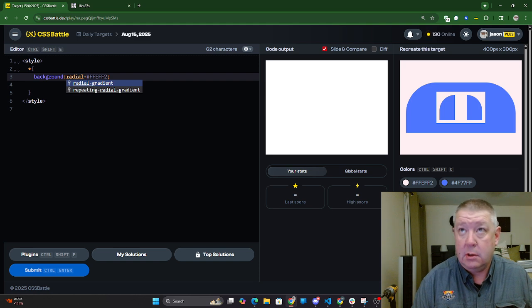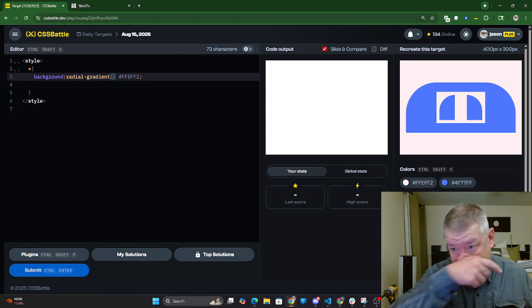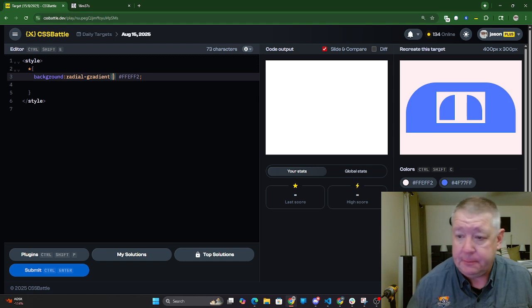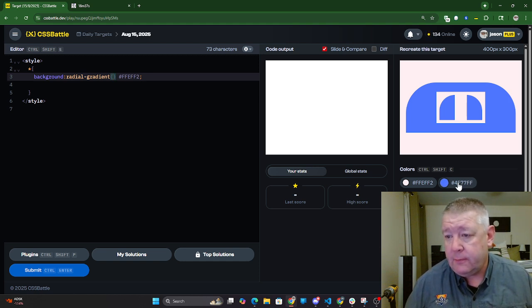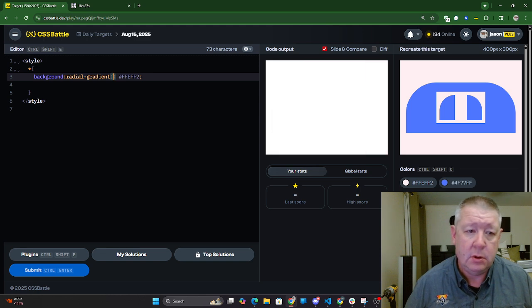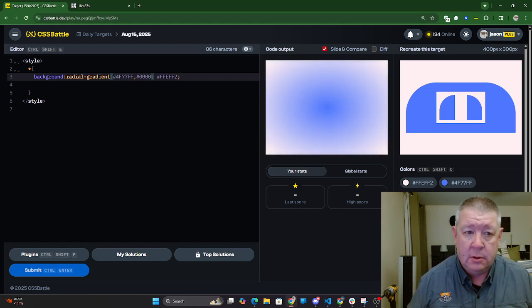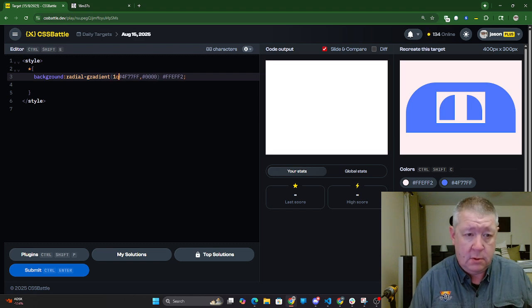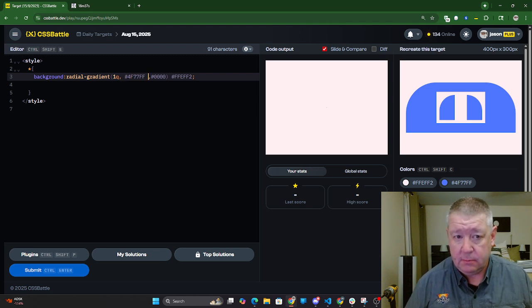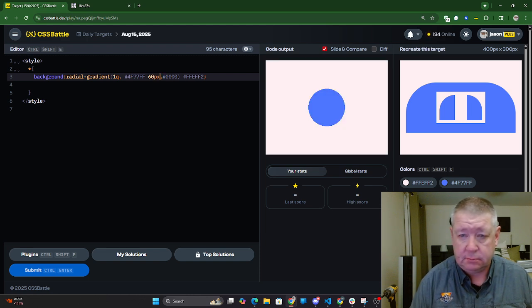Radial gradient. Can I? Yeah. I don't know. Let's see. Radial gradient from blue to transparent. It's going to be 1Q. It's going to be, I don't know, 60 pixels. It's going to be at